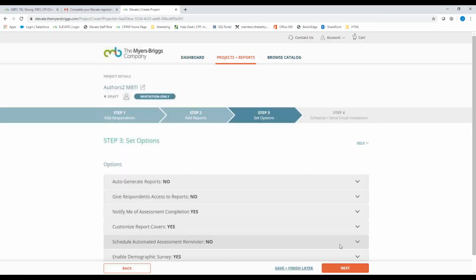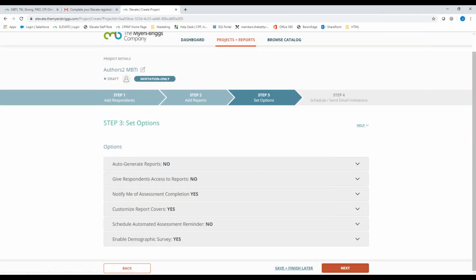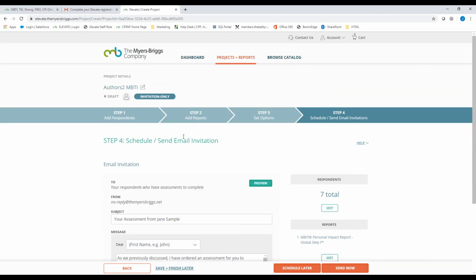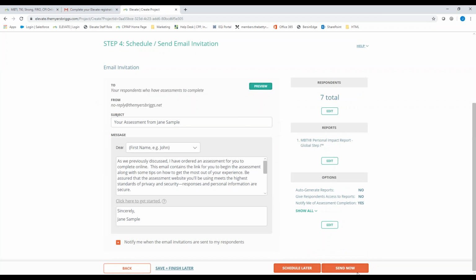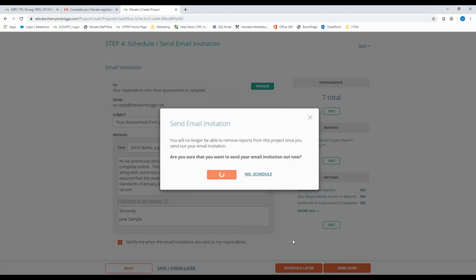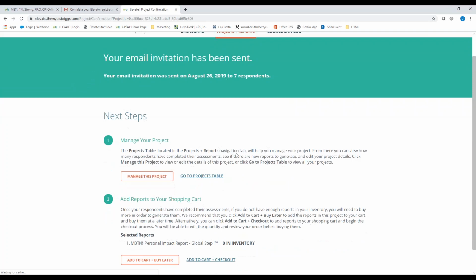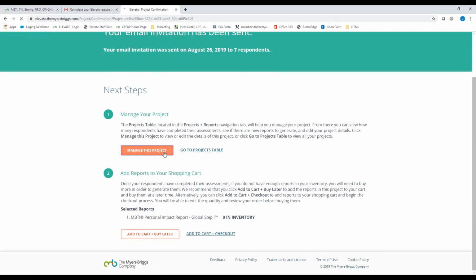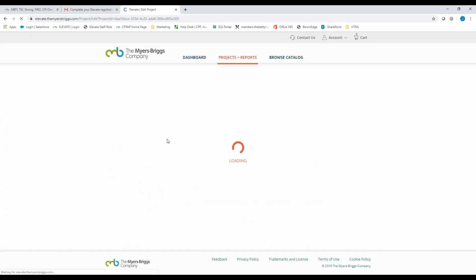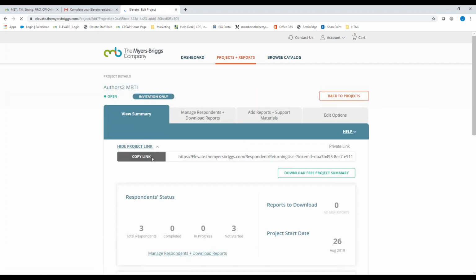This one's not showing me the view summary link because it's still a scheduled project. So if I change it to send now, it will send the email invitation to my clients. I can go to the project, click on View Summary, and copy the link out of the invitation-only project as well. So either way, you can always access the link to send to your clients